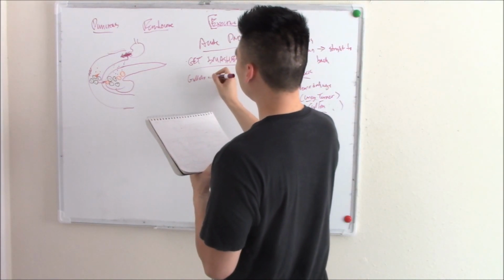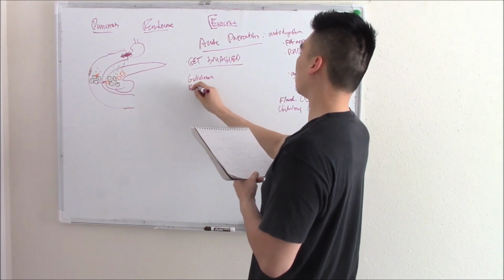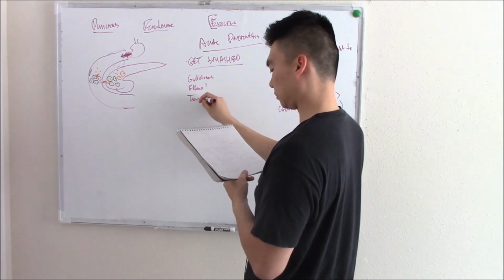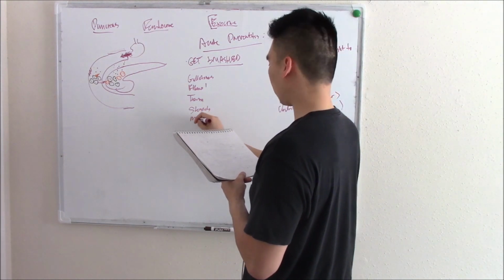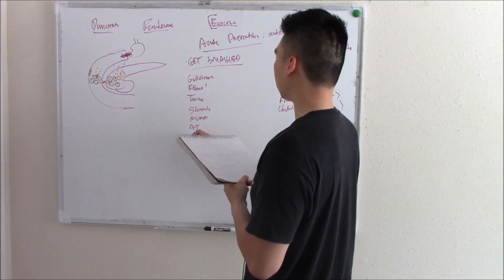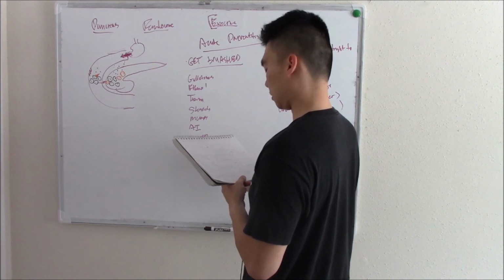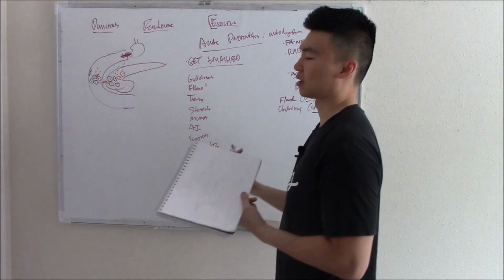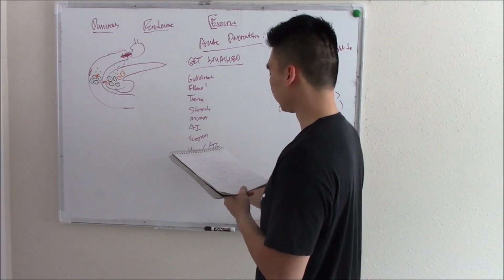Gallstones. That's the G part. Ethanol or alcohol. Trauma. S stands for steroids. M for mumps. A stands for autoimmune. S for scorpion sting. H stands for hypercalcemia or hypertriglyceridemia, triglycerides. E stands for a procedure called endoscopic